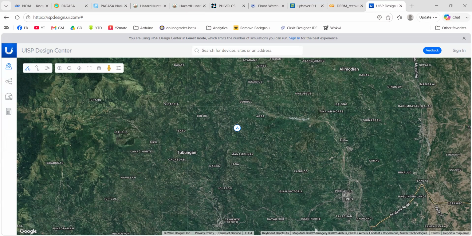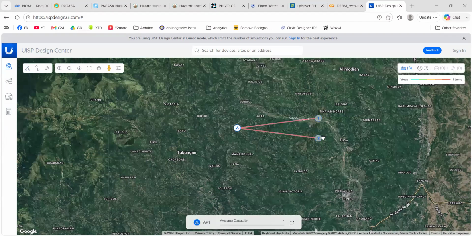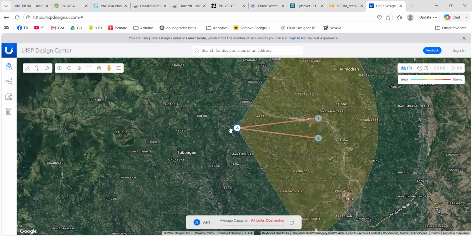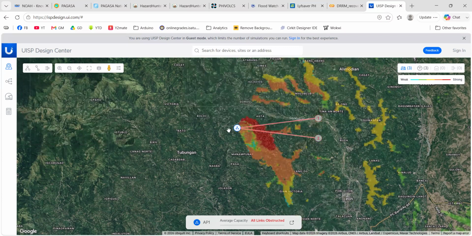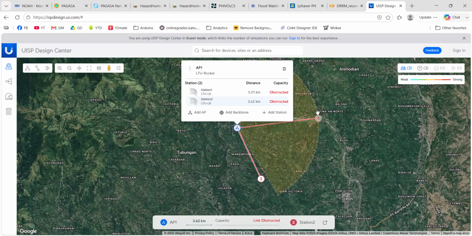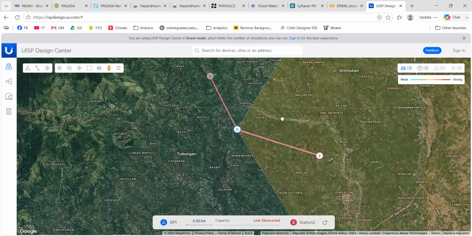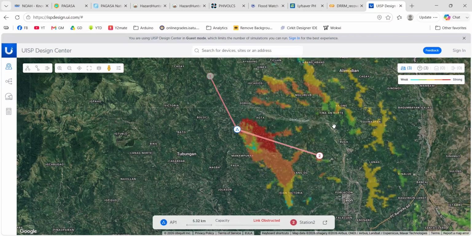telco facility, that will either connect the affected area or reconnect them to the rest of the world via the internet. Okay, so for example, I chose this one. This is my main tower, and these two are my secondary towers. So the colors that you see here determine the signal strength. Okay, so that's basically the point.